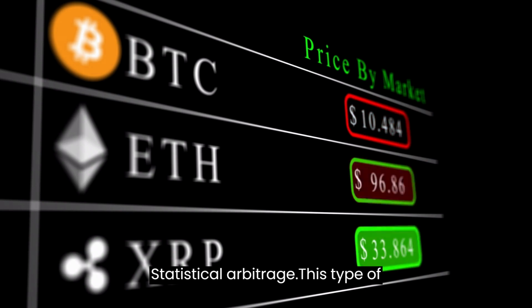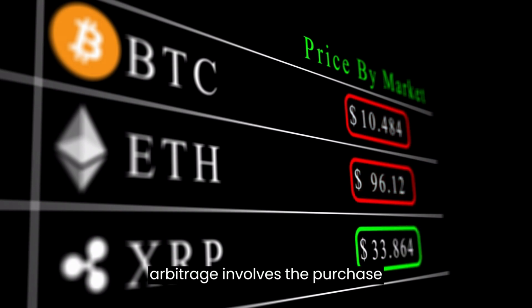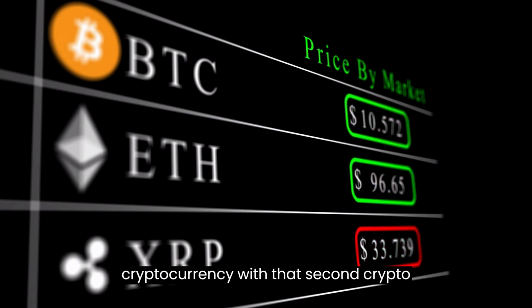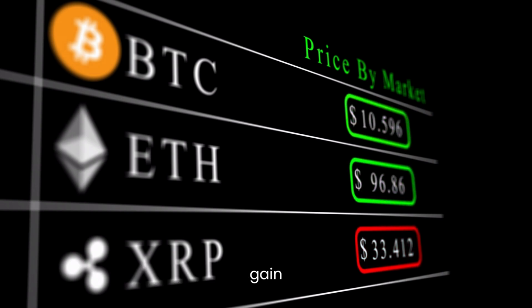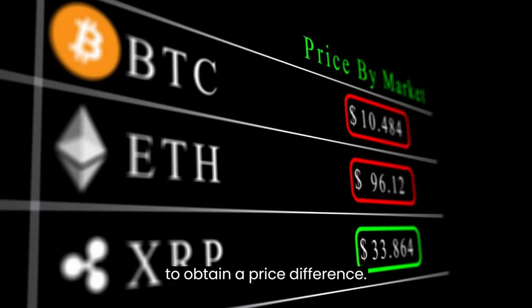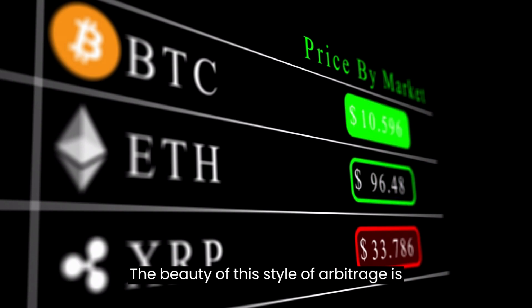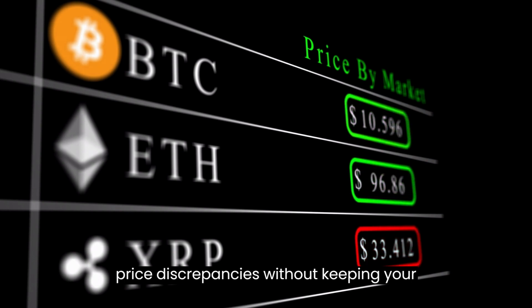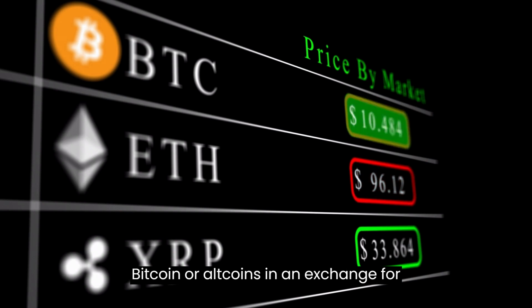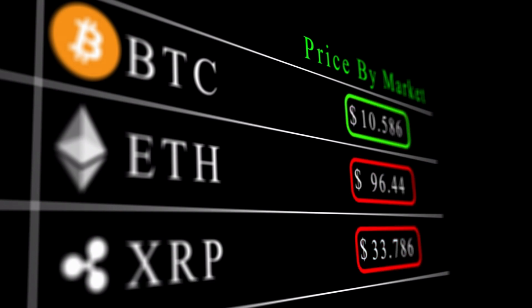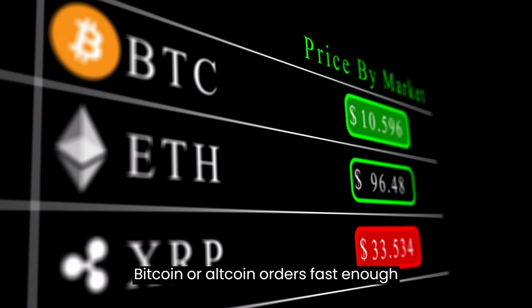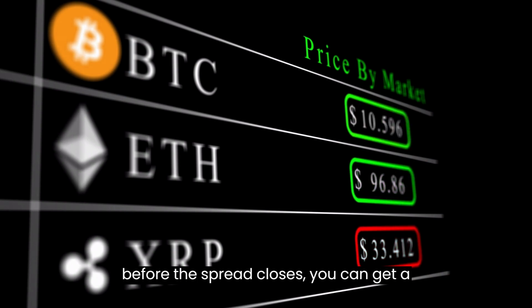Statistical arbitrage. This type of arbitrage involves the purchase of one cryptocurrency on one exchange, the selling of that currency on a different exchange, and the buying of another cryptocurrency with that second cryptocurrency to sell it again to obtain a price difference. The beauty of this style of arbitrage is that you're able to take advantage of price discrepancies without keeping your Bitcoin or altcoins in an exchange for too long. As long as you can make your Bitcoin or altcoin orders fast enough before the spread closes, you can get